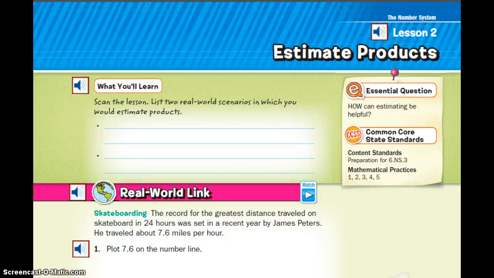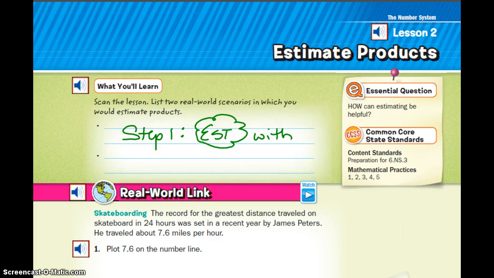Hi, we're on Chapter 3, Lesson 2, Estimating Products. Please turn to page 185 in your textbook. So, again, let's talk about the steps. Step 1 is to estimate. This will never change. If you estimate with whole numbers,